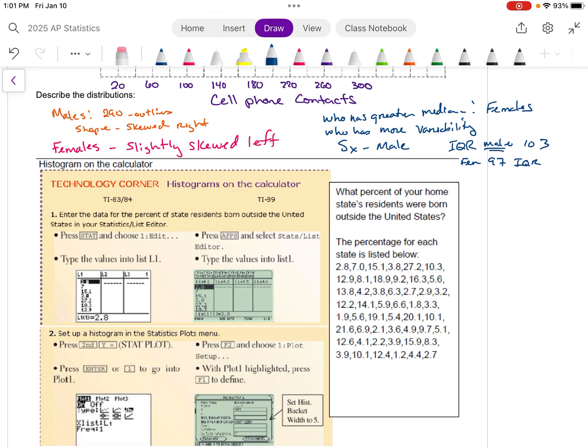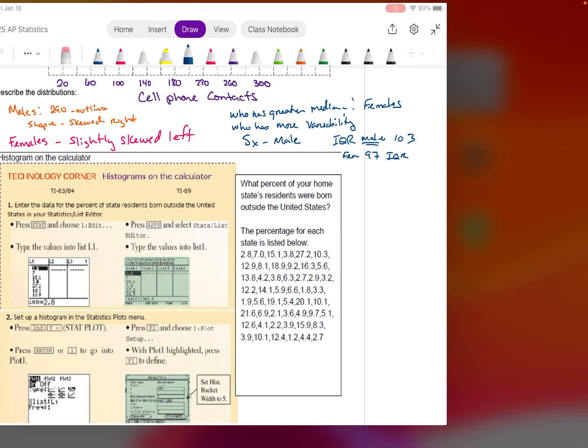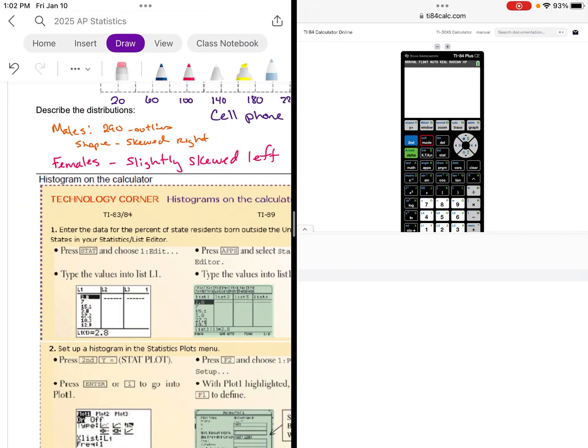We did one earlier by hand, and so I took some time already and typed the information into the graphing calculator online. So if you just follow with me, and you can pause me and type this stuff, I'm going to walk you through where I did it. And so as I bring up the online calculator,